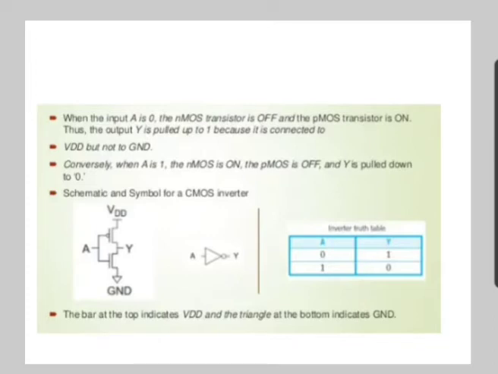Now the delay models in the CMOS inverter. The switching speed of the CMOS inverter is limited by the load capacitance CL. So the load capacitance CL takes time to charge and discharge when there is an input transition. It results in an output transition that either charges CL towards VDD or discharges CL towards VSS.